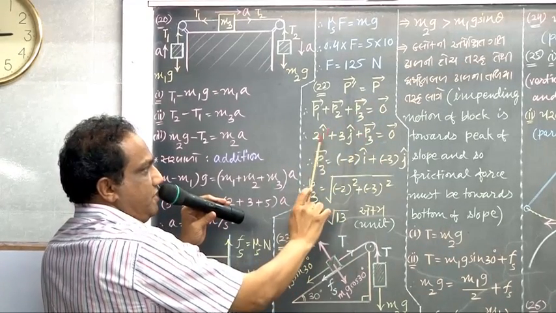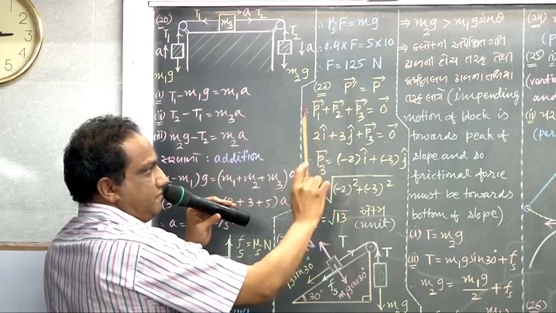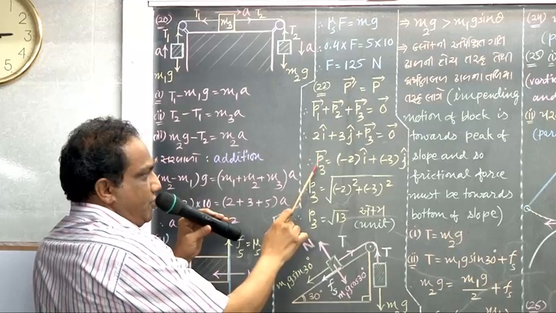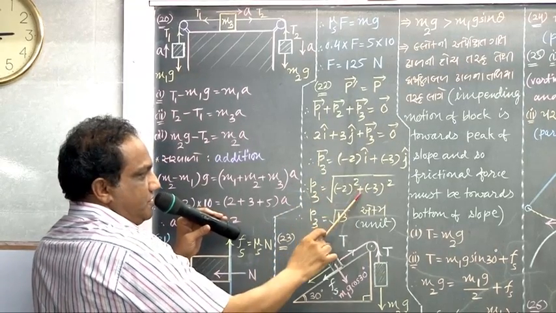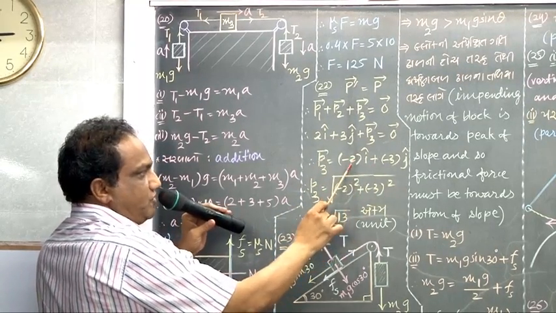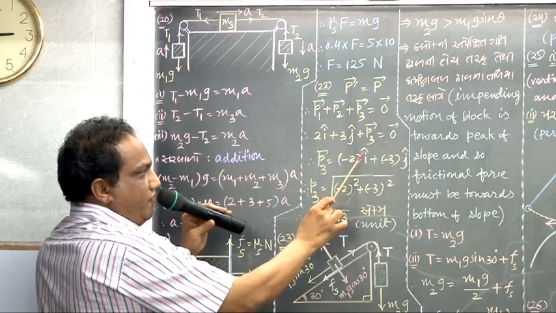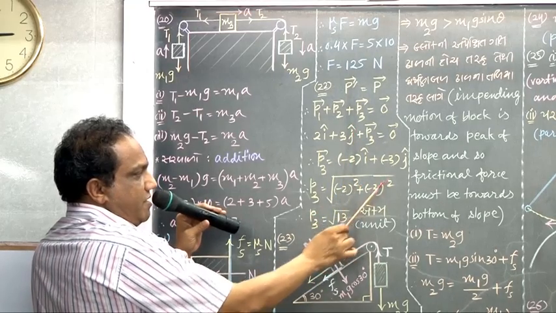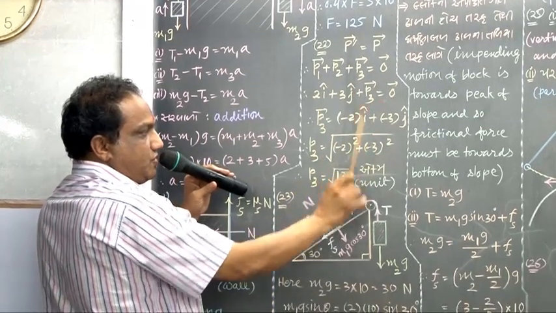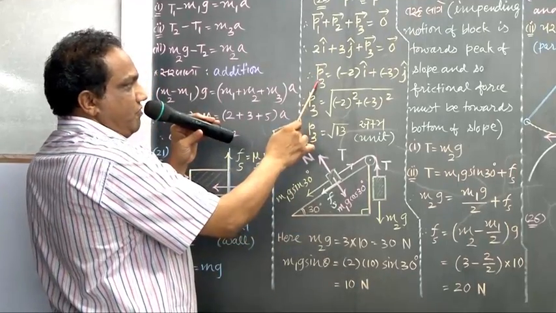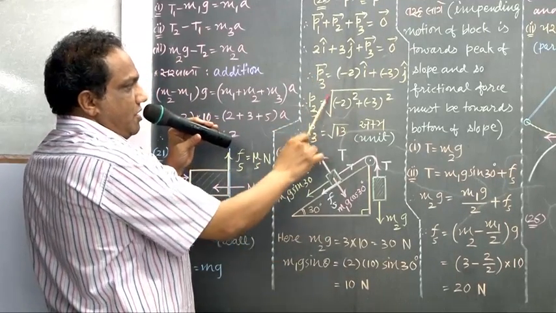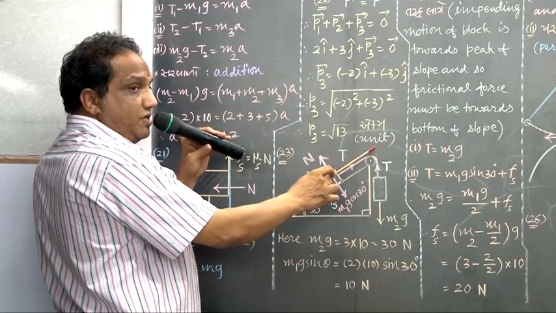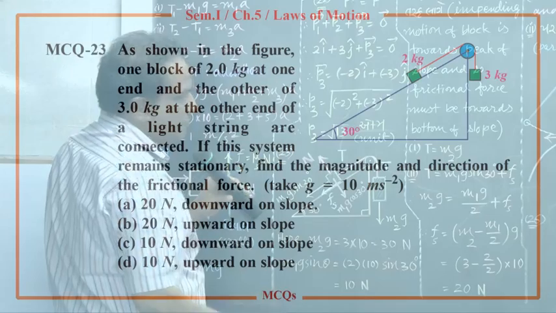Find out vector P3: transfer these 2 terms to the right hand side, and they will become minus. Now I want the magnitude of this: square root of the summation of squares of the coefficients of i hat and j hat. The coefficients of i and j right now are -2 and -3. So their squares, their addition and its square root will give you the magnitude of this vector, that is P3. Under root of 4 plus 9, that is under root of 13 units. Okay, next.